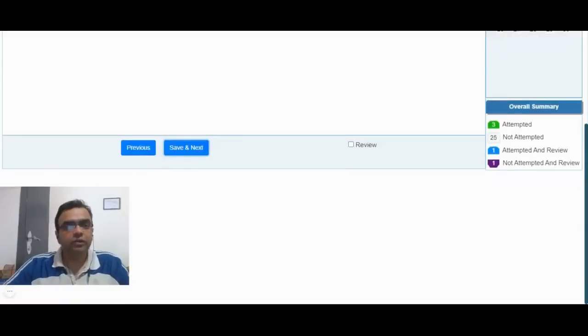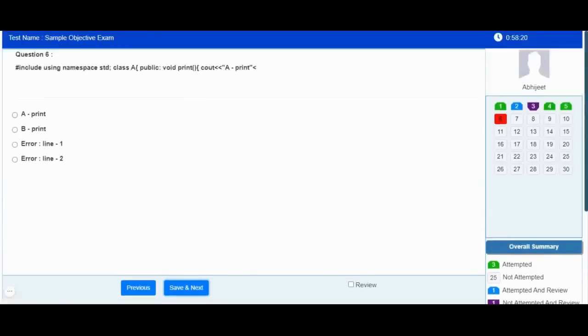At any given point of time, your activities will be recorded and a remote exam invigilator will monitor your activities. During the online examination process, you are not allowed to speak with someone. You are not allowed to take help from external means like notebooks, calculators or electronic devices. If it is observed that you are speaking with someone while attempting the online exam, then your online exam might be suspended. So you need to ensure that you are attempting the online exam in a fair manner, as the web camera is going to do continuous monitoring for your exam.